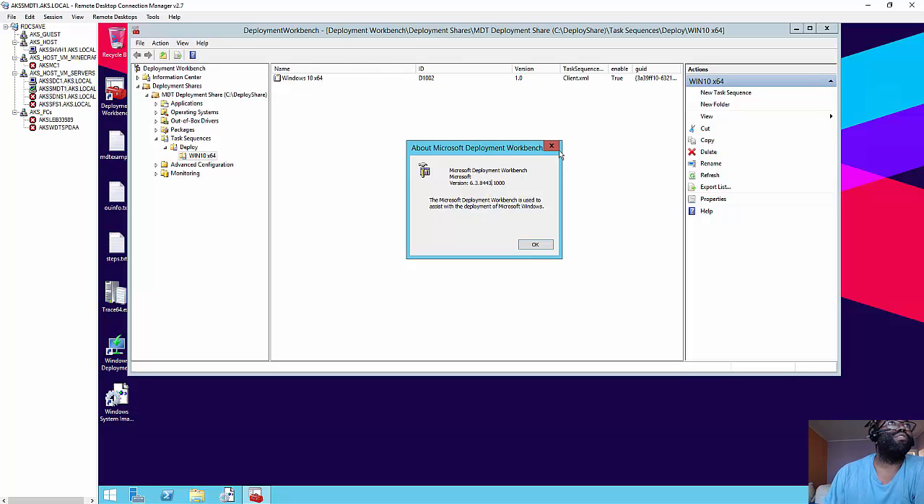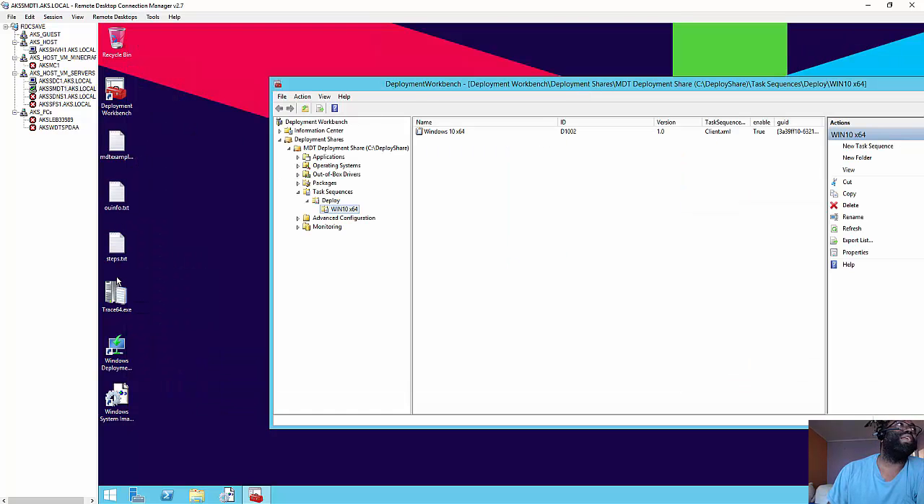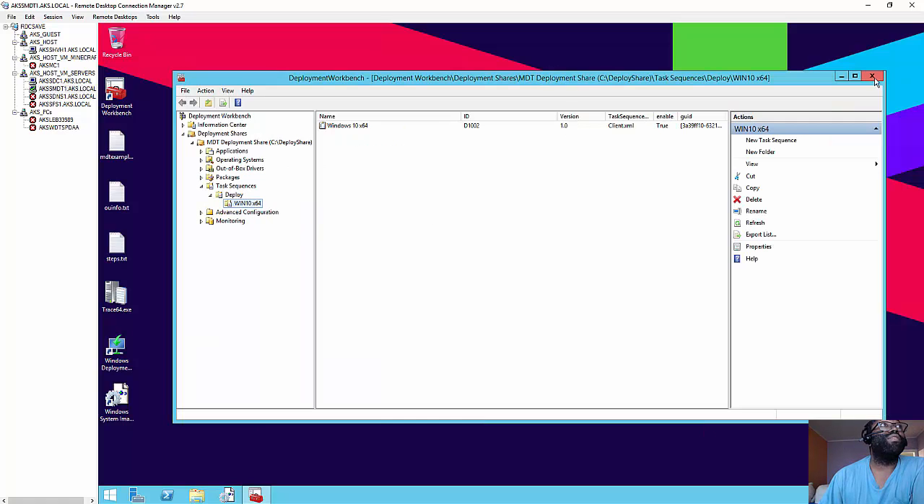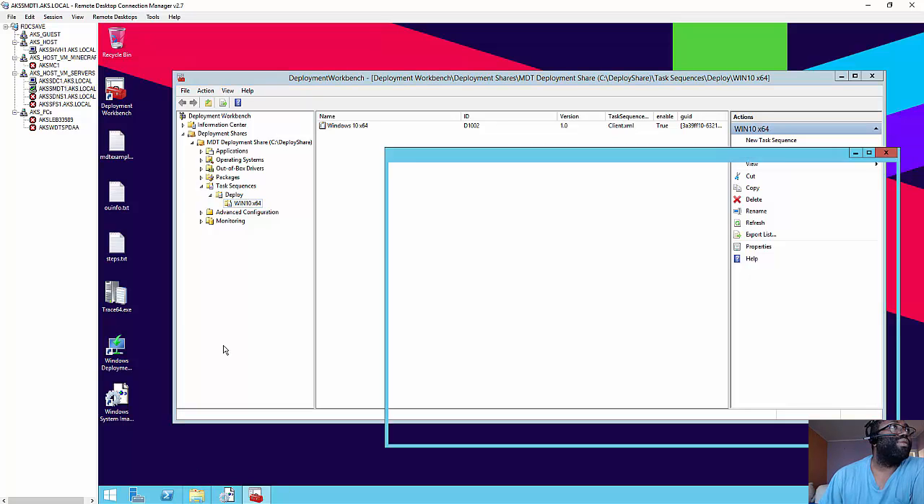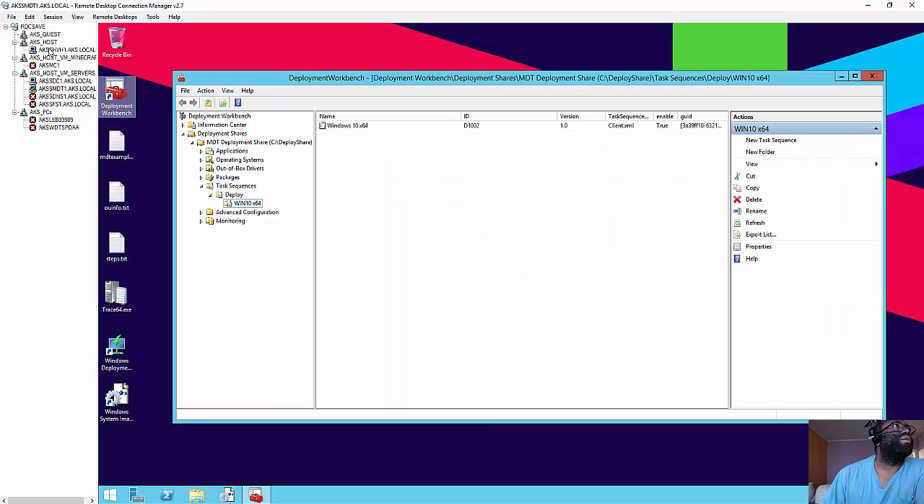I already have my MDT installed. My ADK, as you know, you need ADK for MDT. My ADK for this version of MDT is already installed. So let's get started. All right, one thing that I don't have here is my shares. And I'm going to look at my